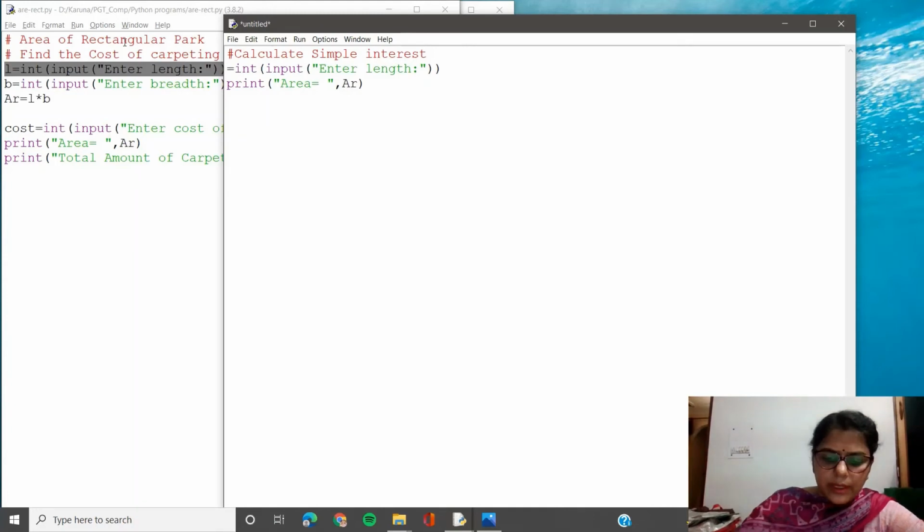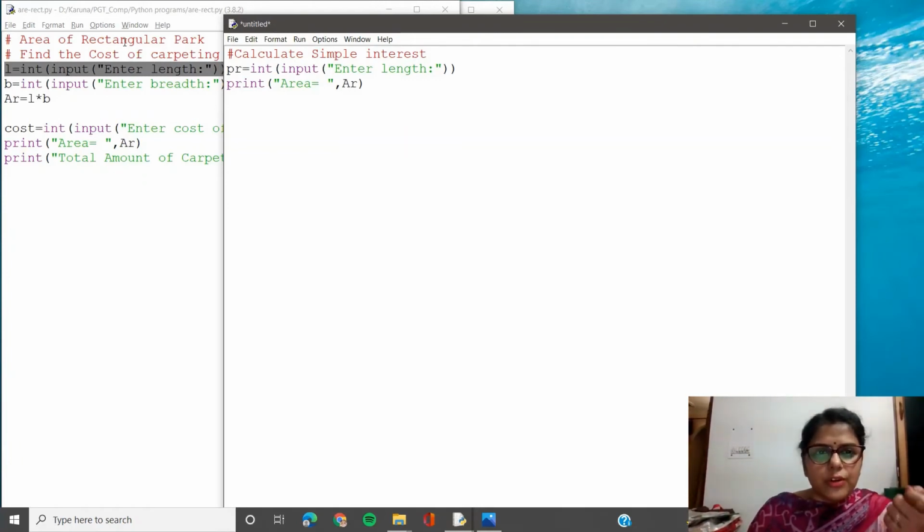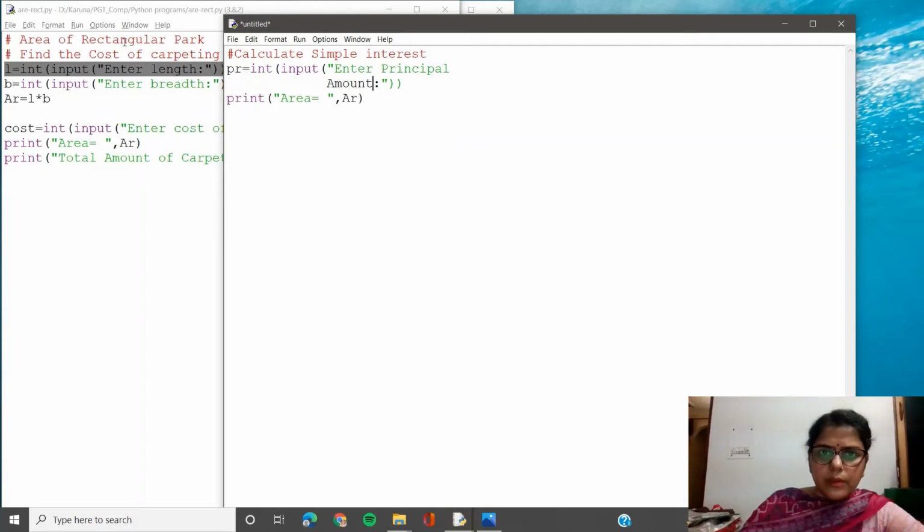My first variable here I am naming as P, or you may take the variable as PR. The choice is yours for naming your variables, but please take care that the variable names should adhere to the rules of variable definition. There should be no spaces, there should be no special characters, it should not be a keyword. All those rules that we have discussed in the first video. So here I give enter the principal amount, over here. I am sorry, I just pressed enter by mistake,